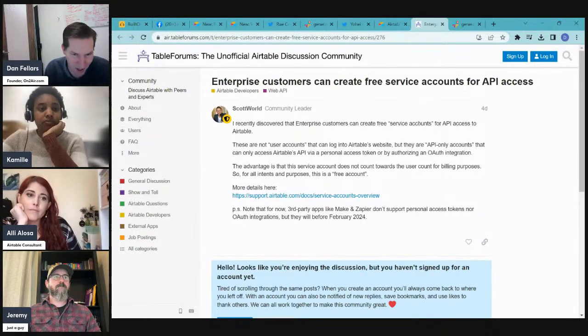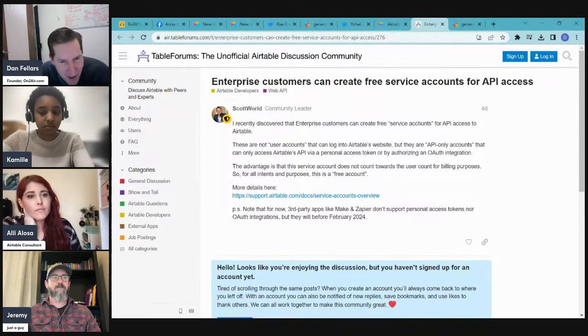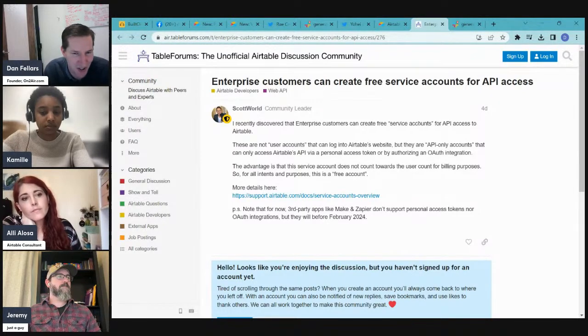So you might want to set it up for some kind of automation or third-party integration, but you don't want it necessarily tied to a specific user, because normally your API keys, if you're using OAuth or the new personal access tokens or the legacy ones, were tied to a user. So any change was associated with that user. Now you can basically create like fake users, and they have their own API key that can do things.